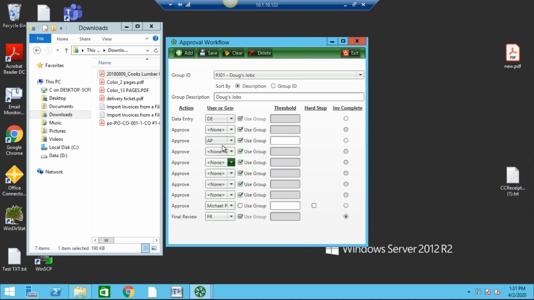So what this does is when the invoice leaves data entry, according to the criteria set up for this workflow, it's going to go out to all members of this group at the same time. Now, Doug is going to find this invoice in his primary queue. The other approvers are going to find it in their alternate queue. Once Doug approves the invoice, it goes out of everyone's queue and goes back over to Mike and then final